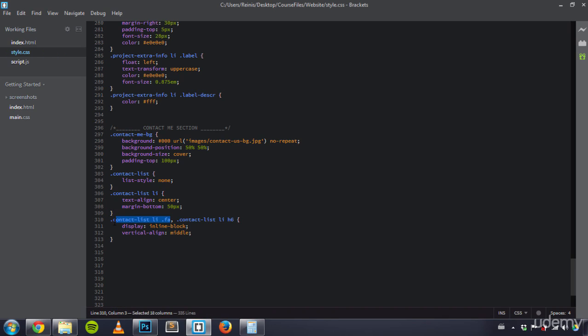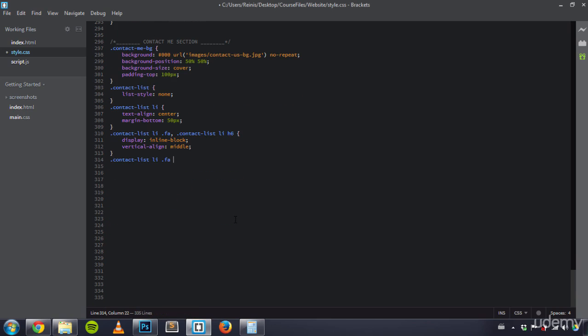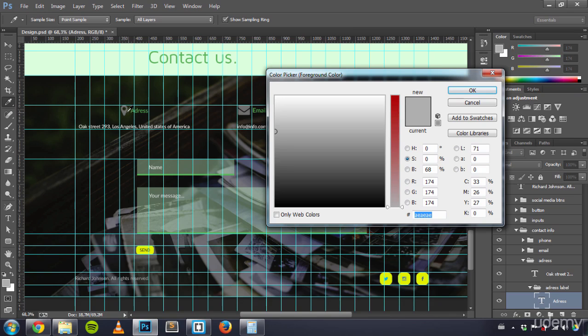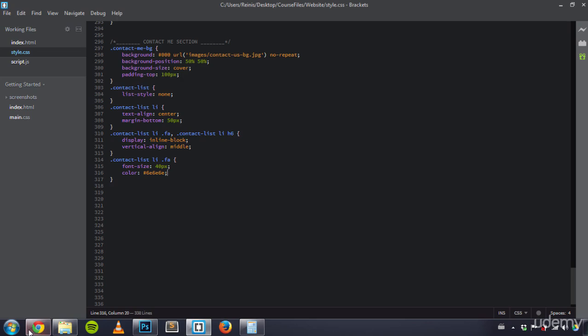Now let's target this icon right here, and first of all let's increase the font size to 40%. That will increase its size because this is a font icon, and also the color for it was, I think, that dark gray. Yes, let's place that in, save it, have a quick look at it. It's looking good. Next thing is let's target this heading,